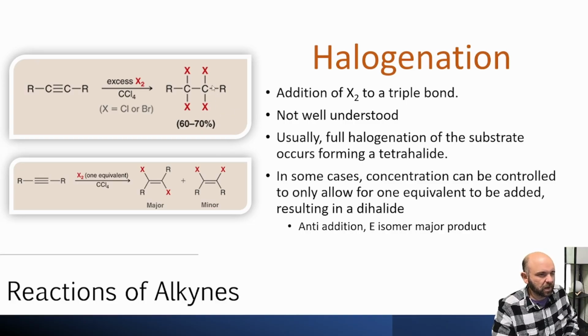That's not really well understood, even in today's chemical science. It's thought to undergo a lot of radical reactions to get to that product, but you get about 60-70% fully tetra-substituted alkanes. Now, in some cases, with really controlled reaction conditions, if you only put one equivalent in, meaning exact mole to mole quantities of your alkyne to your Br2 or your Cl2, you can't stop